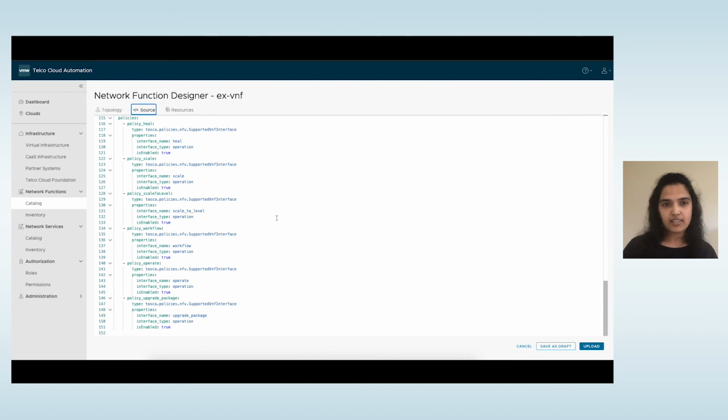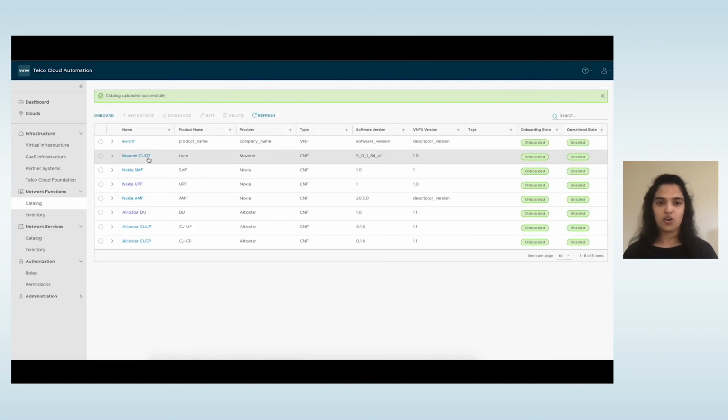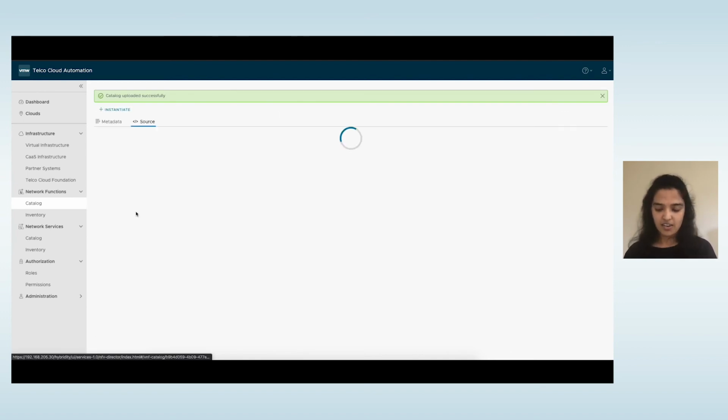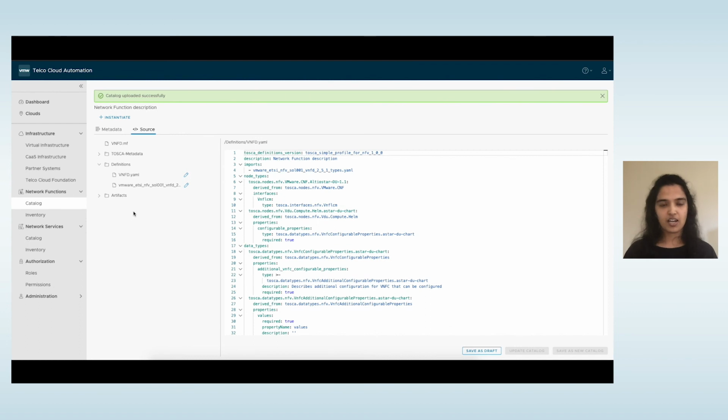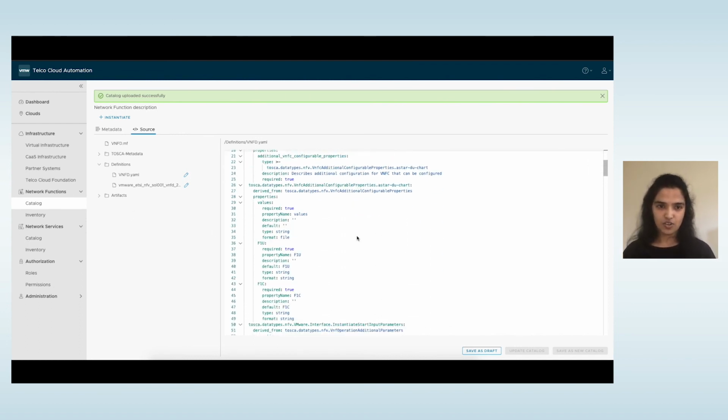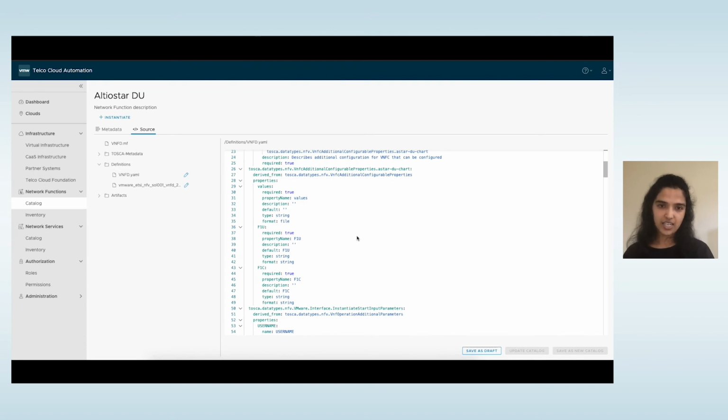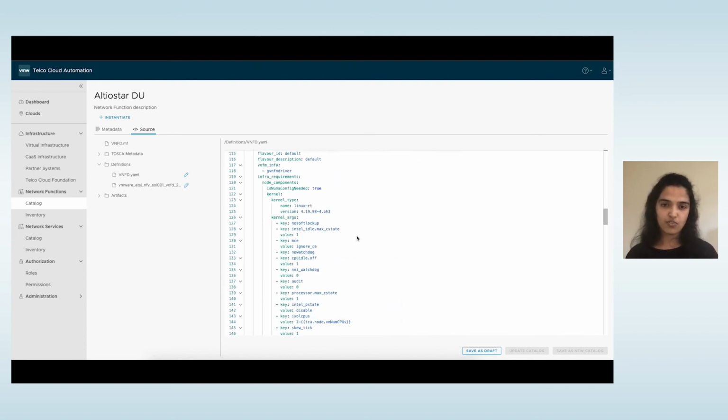So once you create this catalog, you see that a Sol1 package is being created for you, and using this package you can deploy it across various platforms, various VMware cloud platforms. So this package is created in an automated fashion, and here let me go into detail of one of the already onboarded network functions. So here you see there are some infrastructure requirements.